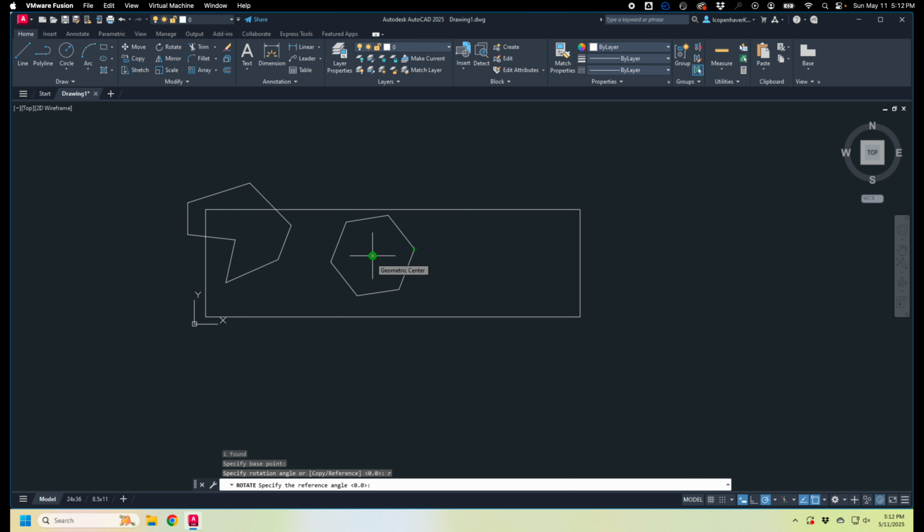Well, an angle is determined by 2 points. So this is the point that I'm going to rotate from, and this is the point that I want my axis to be 0, basically. So I click there, and now I can rotate it based on that point. That's